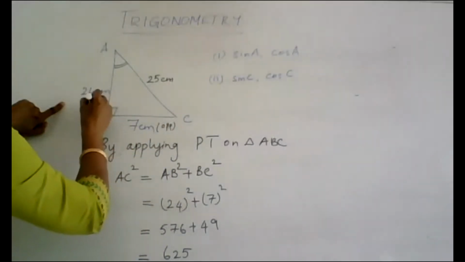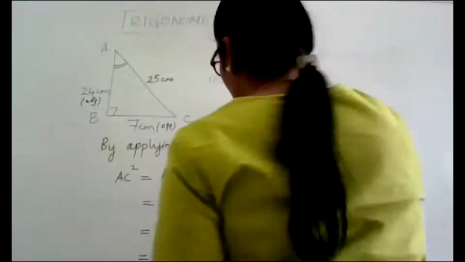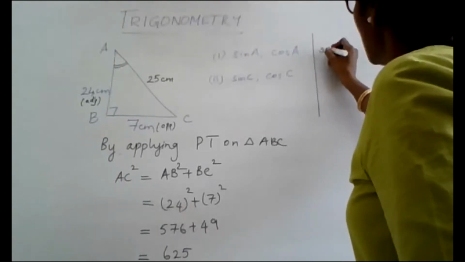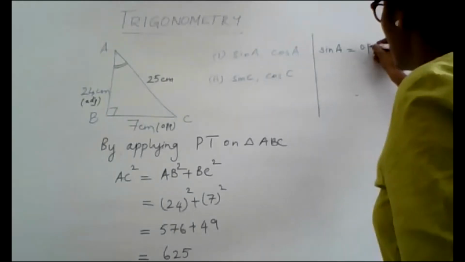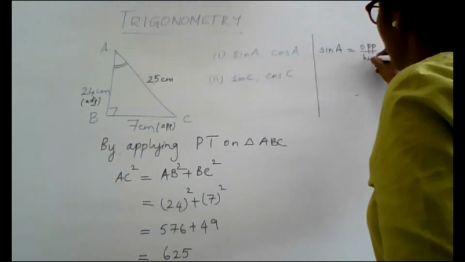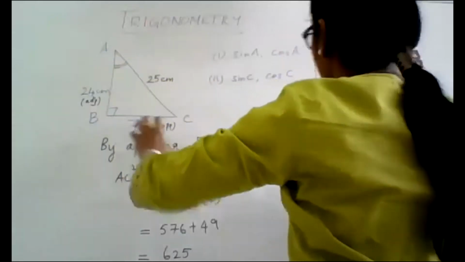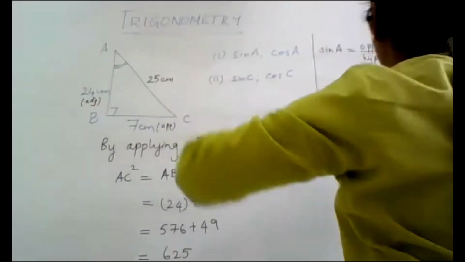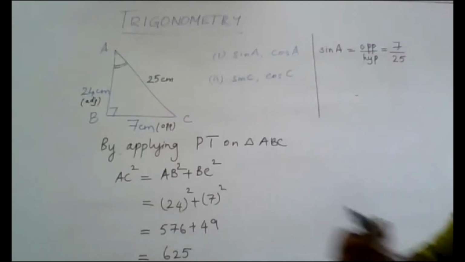You should not get confused because you are going to now take on the ratio. So I'm coming to the left side of the board. So sine of angle A. Yes, now we are seeing sine of angle A is always equal to opposite by hypotenuse. So what is your opposite side? With respect to A, it is 7. Divided by, what is your hypotenuse? It is 25. So your sine of angle A is 7 by 25.